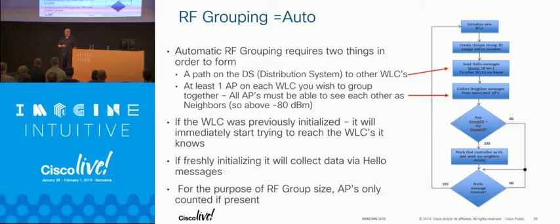The one trick to auto grouping, if you really look at this now, and you see two controllers that are plugged into the same distribution system and they are not a group leader and a group member, if you don't have any APs on one of those controllers, auto will not form. It needs two things. It needs to see the broadcast on the distribution system. It needs to see neighbor messages over the air. Then they will group. There's no reason for the two controllers to group if the APs that they control are not in proximity.